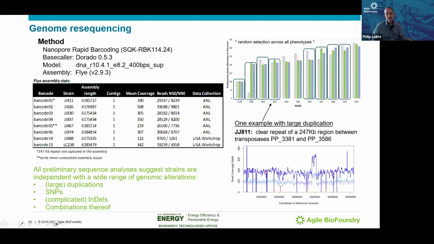Next slide, please. As with all other adaptive laboratory evolution experiments, we have confirmed from sequencing evaluations that we see a lot of different types of changes. And I don't want to dwell on this slide other than to say that we're seeing large duplications, SNPs, complicated insertions and deletions, or combinations of all these above, as you would expect